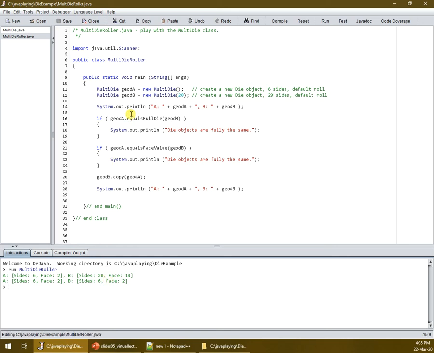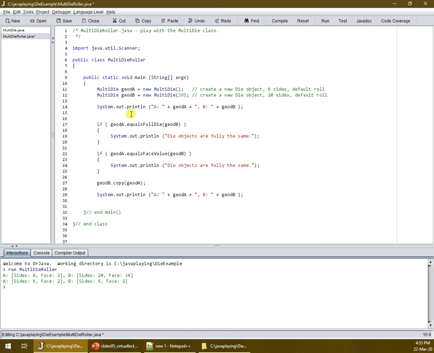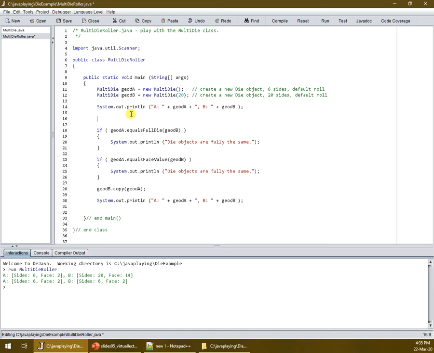But let's see if we can tweak the objects here just a little bit. So what if we assign geode B dot set face value? We're going to set its face value based on geode A. So we're going to have to do a get face value for that one. Now we're going to do it from A to B because B has more sides